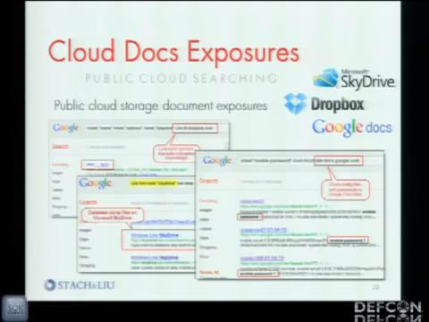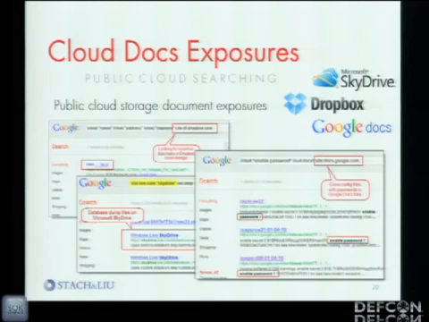Also, some of the more interesting ones is individuals are starting to move over to use Dropbox and Google Drive and Microsoft SkyDrive and a number of other cloud-based storage, especially as people get iPads and iPhones and want to be able to easily hook that up with their cloud-based storage. And employees are throwing confidential financial information in spreadsheets up on their Dropbox and then not realizing that Google may be indexing that. Or I see more and more people using Google Docs for managing sensitive information, not realizing that